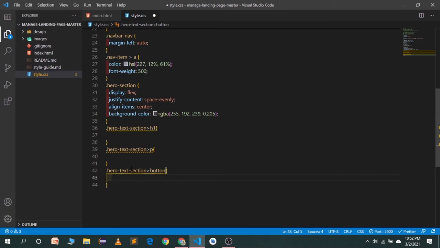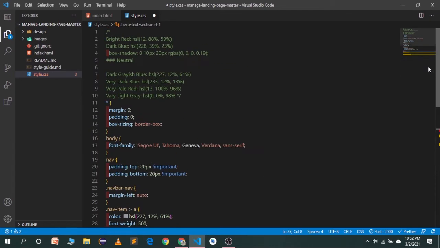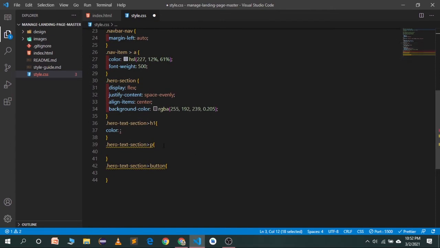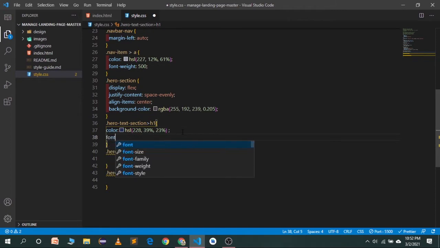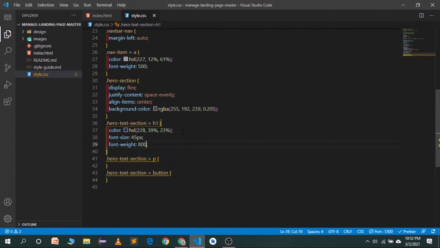So what we will do, first of all, I will give properties to the hero text section heading, so give it a color. The color is going to be a quite dark blue, so I will copy the color. This is the color for our heading throughout the website. Font size is going to be 45 pixels. Font weight is going to be 800. Let's save it. Just give it a margin bottom of 20 pixels because we want a space between the paragraph